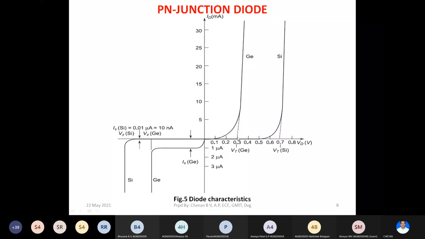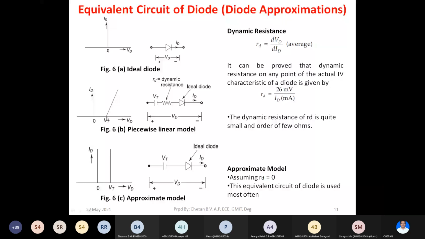Therefore, here you can see, till Vd reaches this threshold voltage, there is no current. Current is not flowing. When Vd is greater than this threshold voltage, there is a linear increase in current. Why is there a linear increase in current? Even though a diode works like a switch, in practical aspects this diode is not an actual switch. Therefore, it produces resistance for the movement of the current.